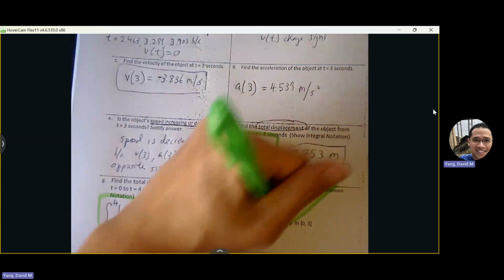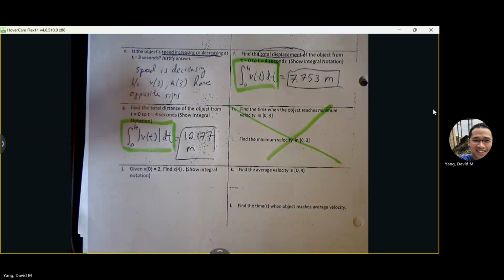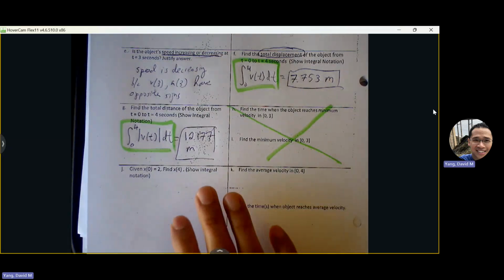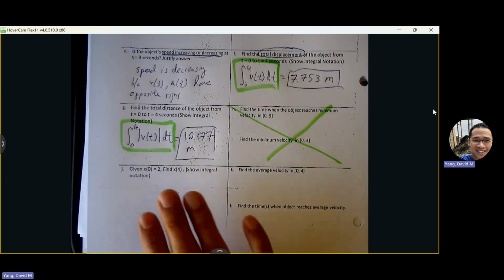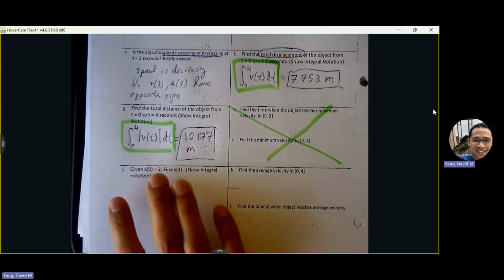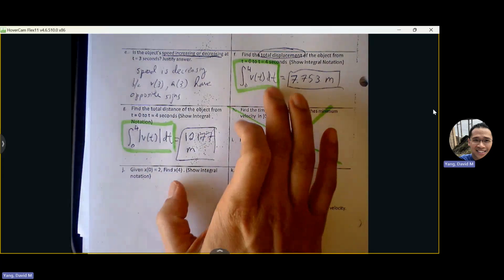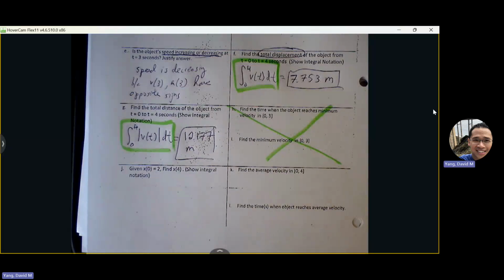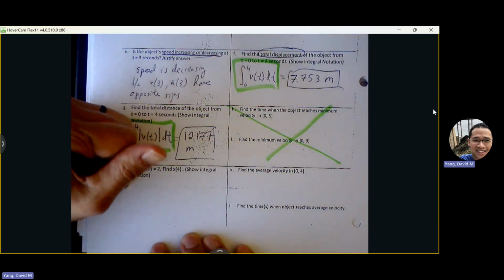Don't worry about part H and I, you can cross that out. Okay, final thing I want to go over here is part J. Given x of 0 equals 2, find x of 4. This is similar to displacement, except this wants to know where the object is located after it's finished all of its movement. So the formula we use is final position